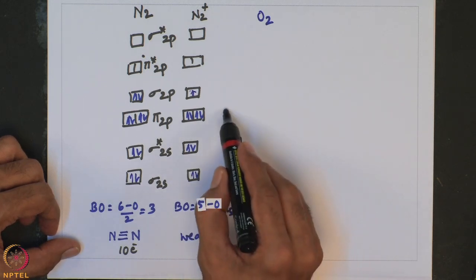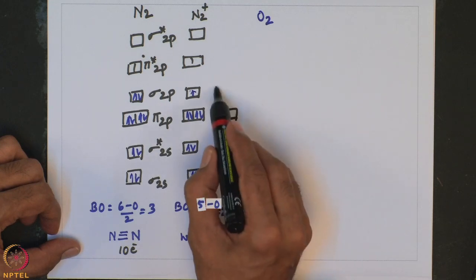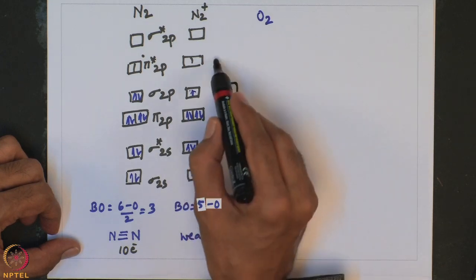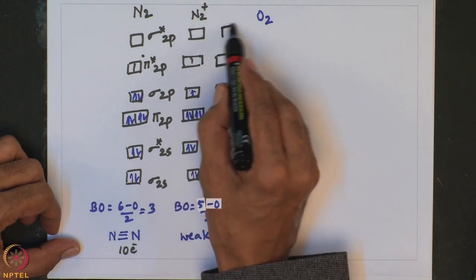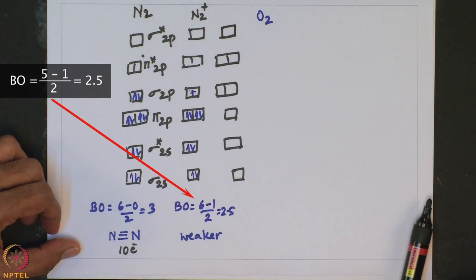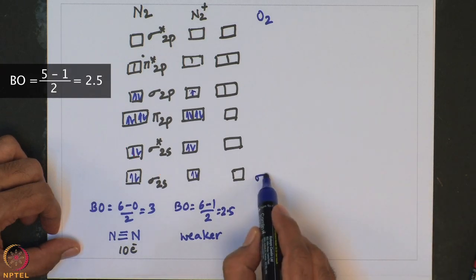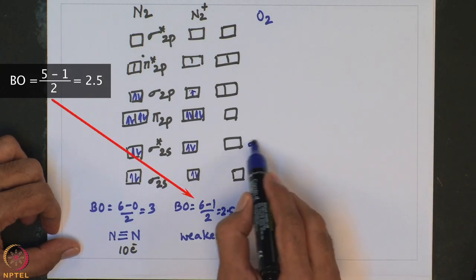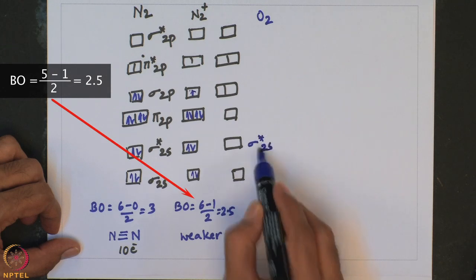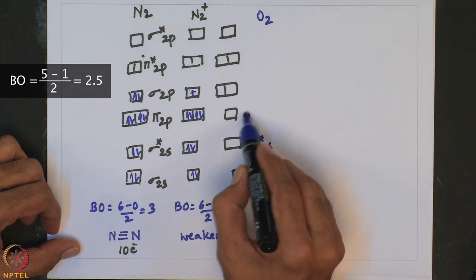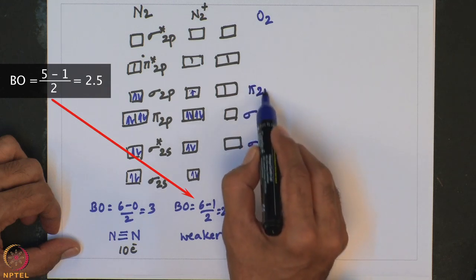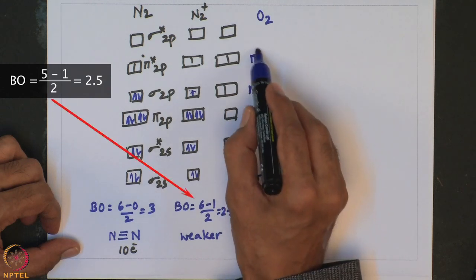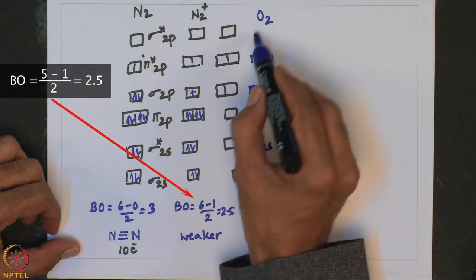Now, we have sigma p here and then pi comes here, and this does not change, and this is how it is. So, now let me write them. This is sigma 2s, this is sigma star 2s, and then here sigma 2p, pi 2p, pi star 2p and